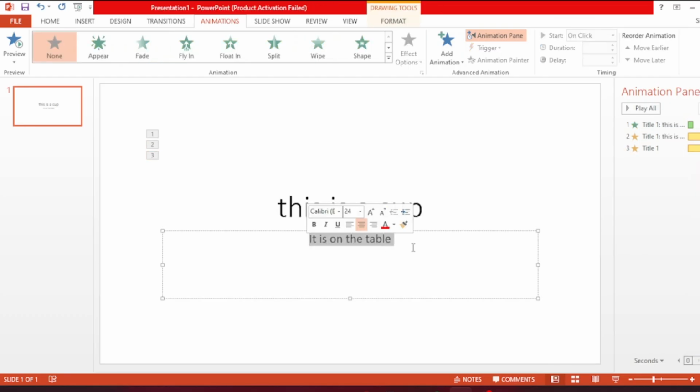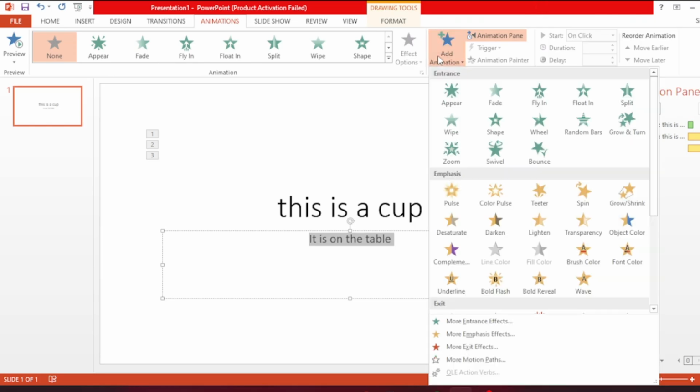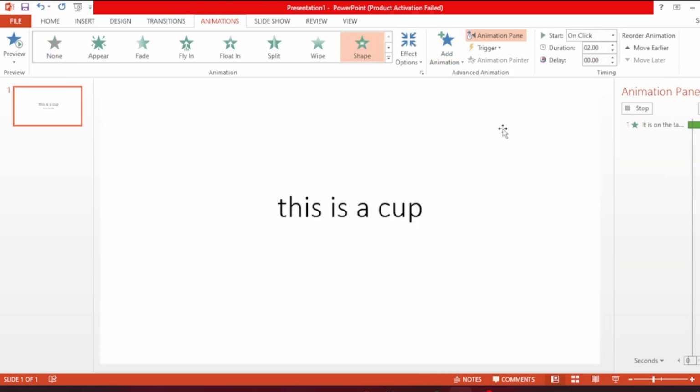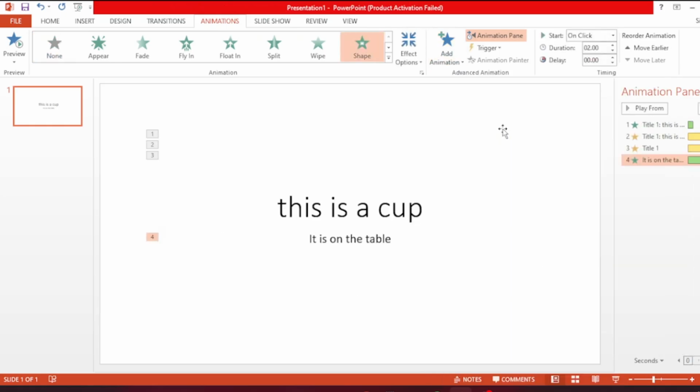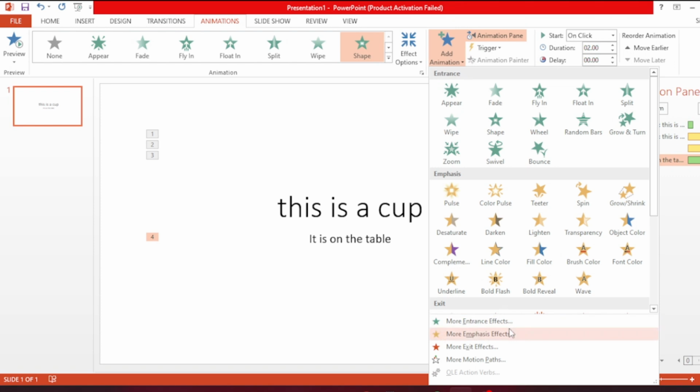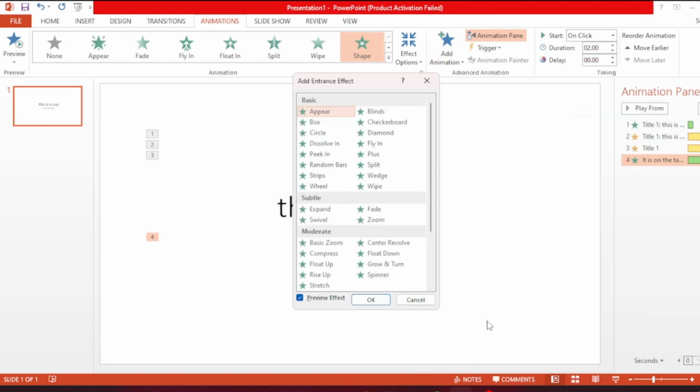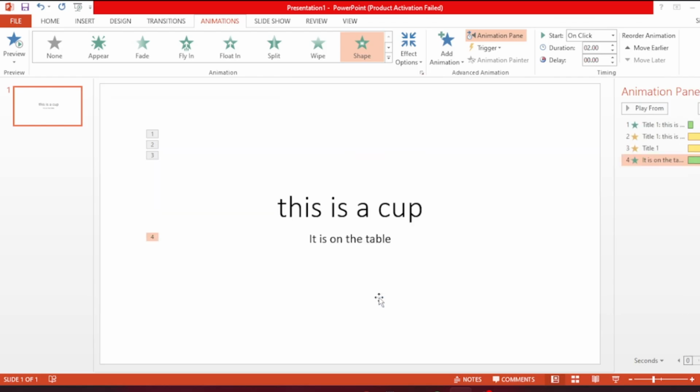I will select it like this again. Come to add animation. Come here. Select the one that I want, how I want it to come up. Then add animation again. If there is any other one that I want, more effects, more entrance as animation, I will come here, click on the one that I want, on click. After how I want it to play after the previous, after the duration,